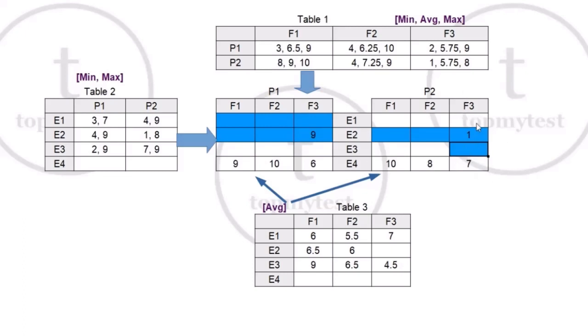So out of these 4 cells, I already know 2 cells. What are these 4 cells? The 4 cells will be minimum is 1, maximum is 8. There is no 8 as of now. So one of the observations is 8. What will be the last observation? The sum of the average of this column is 5.75, which means the sum should be 5.75 into 4. 5.75 into 2 is 11.5, into 2 is 23. So the sum total will be 23. 1 plus 7 is 8. 8 plus 8 is 16. So the last observation will be a 7.